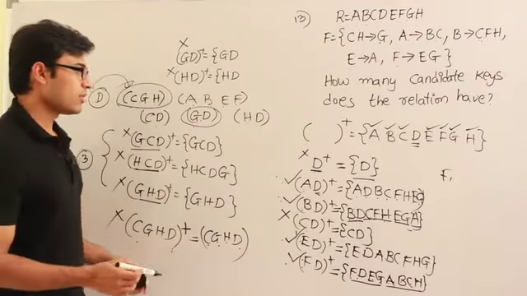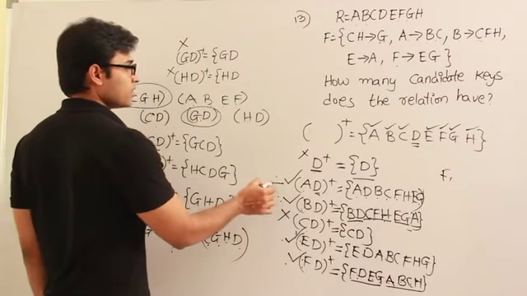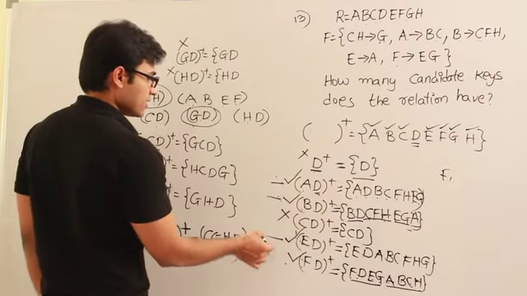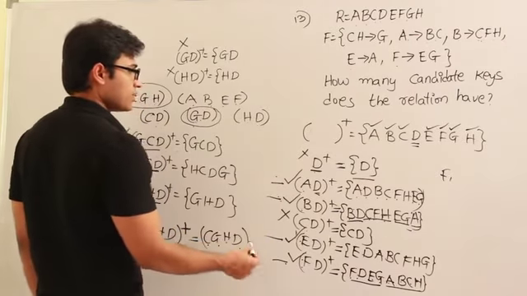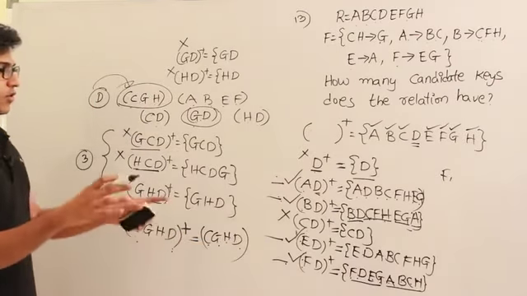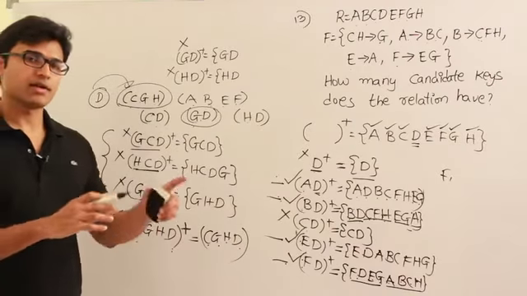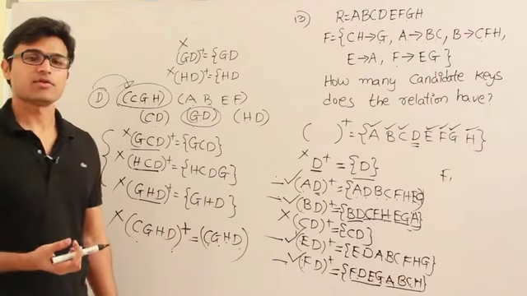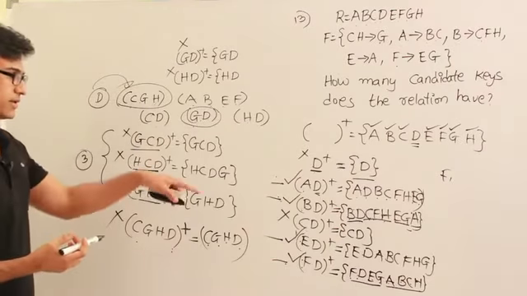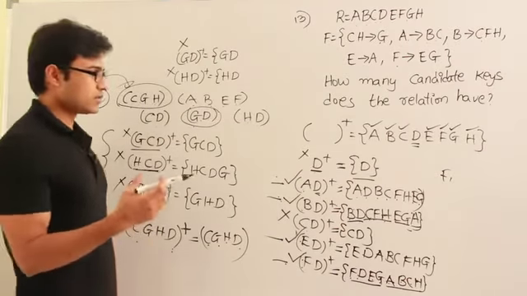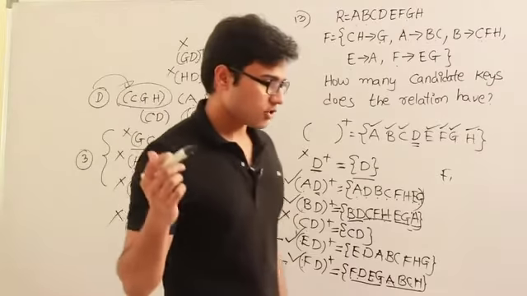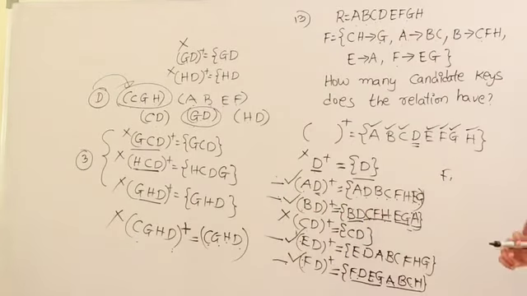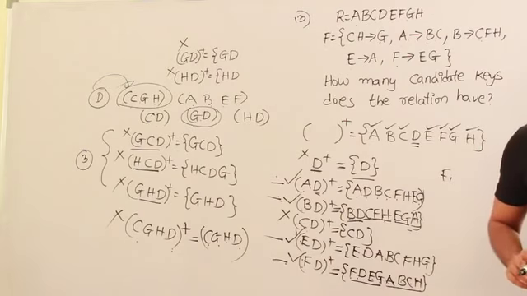You can find out how many super keys are possible with only AD as the candidate key, then BD as the candidate key, ED as candidate key, FD as candidate key, and then you can take the combinations of them, subtract them, and take the combinations of 3, add them, take the combinations of 4, subtract them. That is all set theory. You can do it, but anyway it is going to be very hectic, so let me stop it here, right? So anyway, the answer for this question is 4.